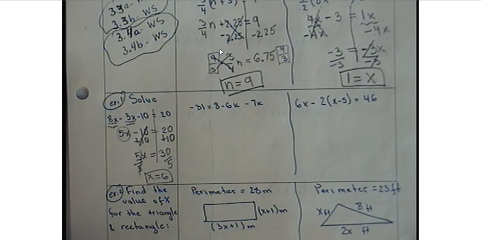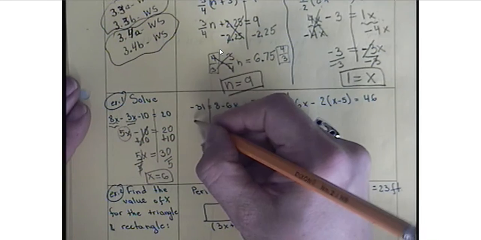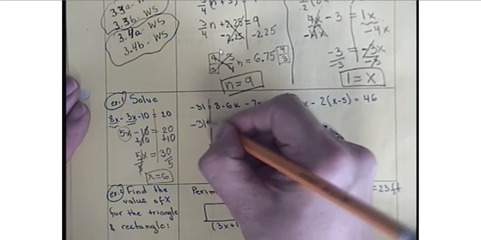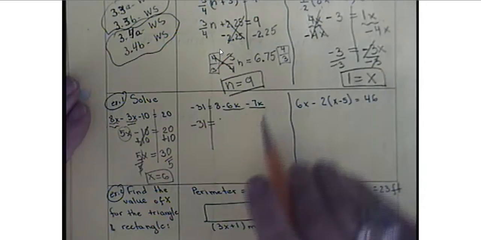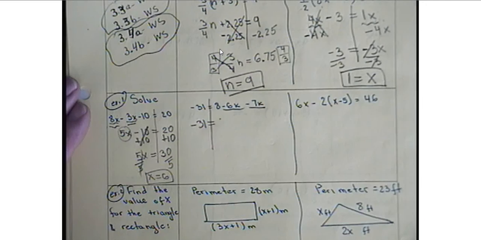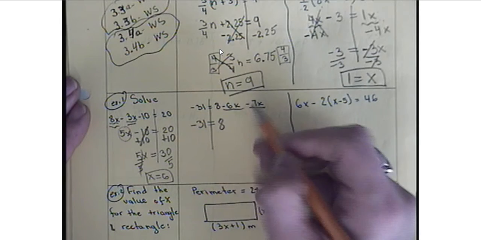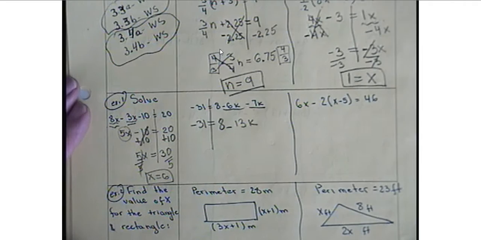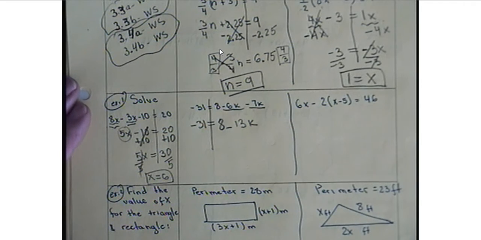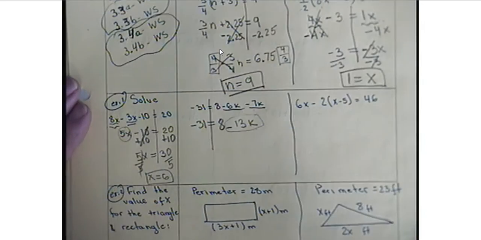I'm going to solve the problem now. So I'm gonna draw a line here. On the left side we have negative 31 is equal to, and there are two like terms, negative 6k minus 7k. So we combine those. Negative 6 minus 7 is negative 13k. We're solving that equation for k, so I want to save that and move 8 to the other side,